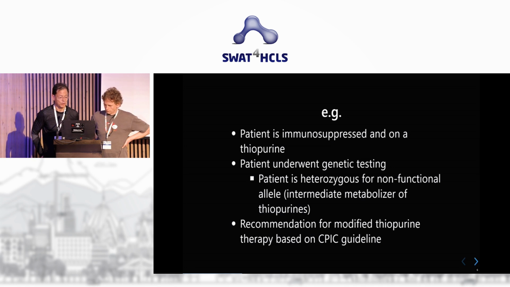And so this is a case where we would like to potentially mix FHIR data with information from a knowledge base, from a genomic knowledge base, that could give us an intermediary fact that says that the patient is heterozygous for the non-functional allele, and therefore the dosage has to be reduced so much. And so this is a case where we'd like to link potentially the FHIR data and not hard code this information in a